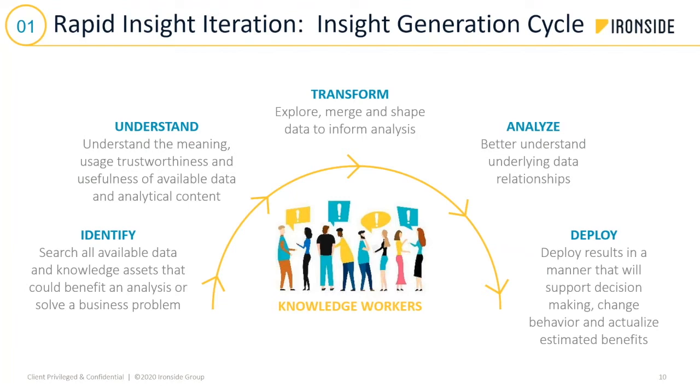It may be that they look for data and don't find what they need, or they find something that they think is what they need, but maybe it doesn't have all the data, or the quality is not high enough, or there's an extra piece that could make it much easier. So being able to understand what data is out there and what they need to solve a problem is increasingly important, increasingly difficult in today's data environment. Having brought in the data, they then need to understand what the data is, what the quality is, and what they need to do to turn it into the insight that they want. Then they perform transformation.